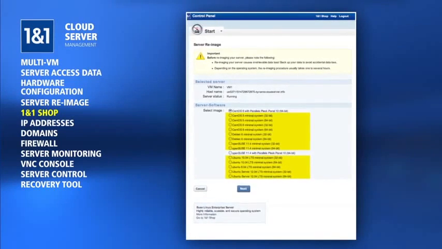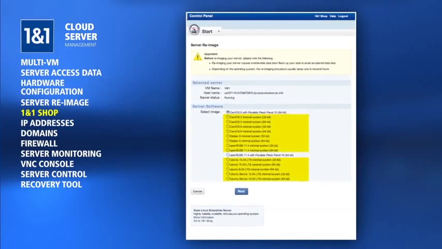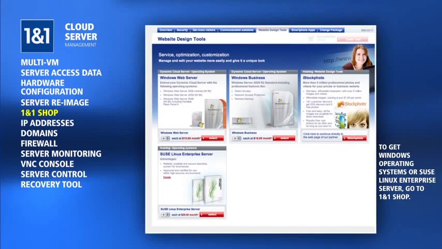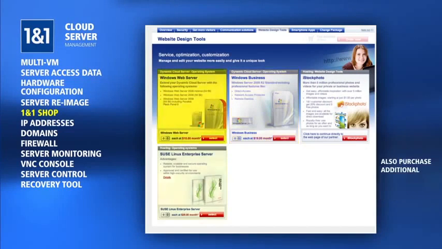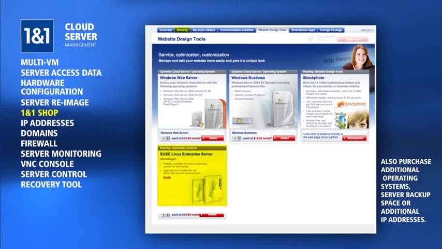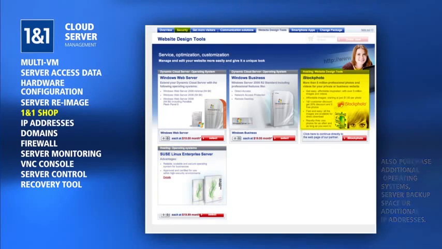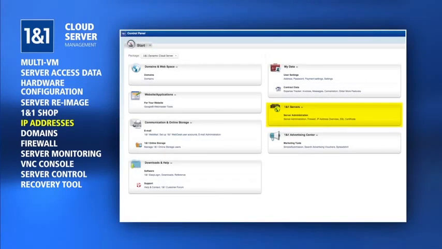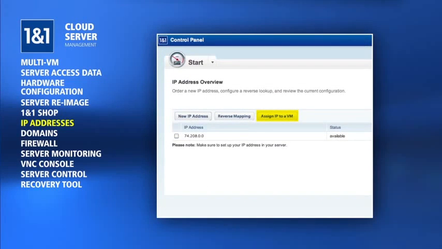In order to get Windows operating systems or SUSE Linux Enterprise Server, you must click on the 1-in-1 Shop and then Website Design Tools. Here you can purchase additional operating systems. Under the Security tab, you can also purchase server backup space or up to 7 additional IP addresses. IP addresses can be managed through the 1-in-1 Control Panel by clicking the IP Address Overview link from the Start page. Here you can assign IPs to your cloud server virtual machines and also set up a reverse map for